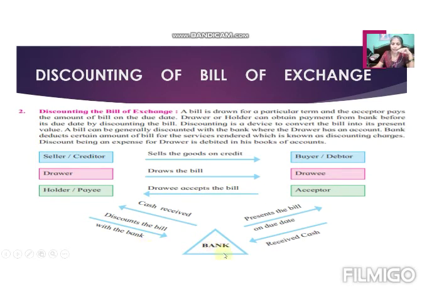Then the bank comes in between the drawer and drawee. The bank is a third person. The bank gives money to the drawer. That's why here cash received is written, meaning the bank gives money to the drawer. For the drawer, the transaction ends here only. He gets the amount of the bill. Now, who is the holder of the bill? The bank. The bank becomes the holder or owner of the bill.